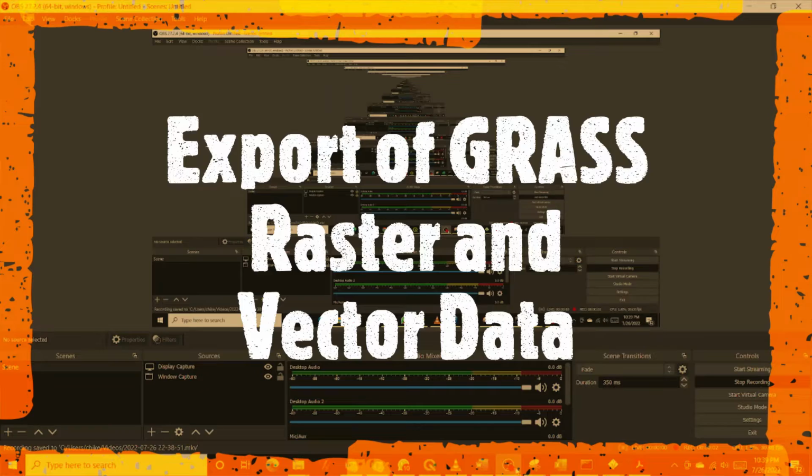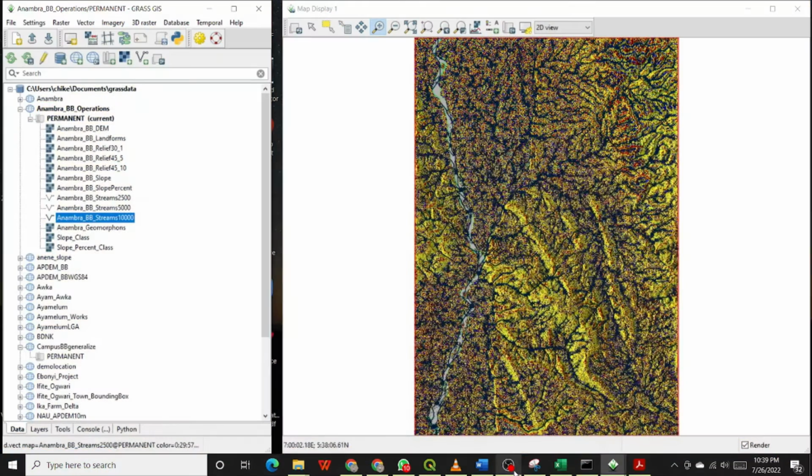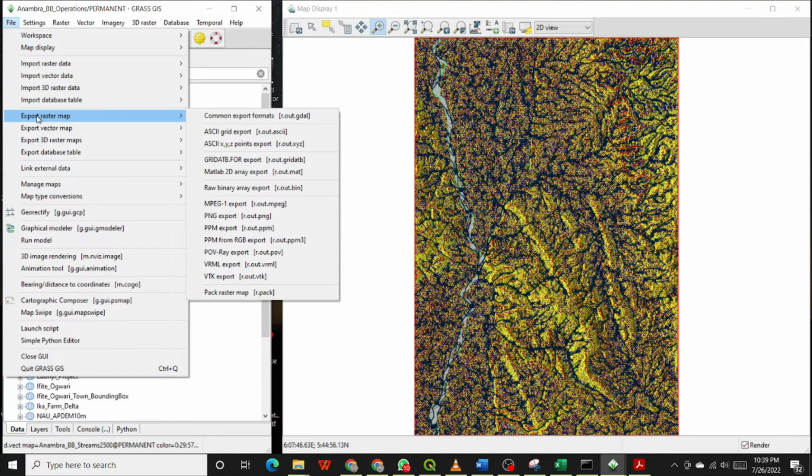In this part of the tutorial, we will export the raster and vector data that we created in GRASS GIS into a format that can be viewed and analyzed in other GIS software. So to do that, you go to File, Export Raster Map. When you come to export raster map, you see that the context menu appears